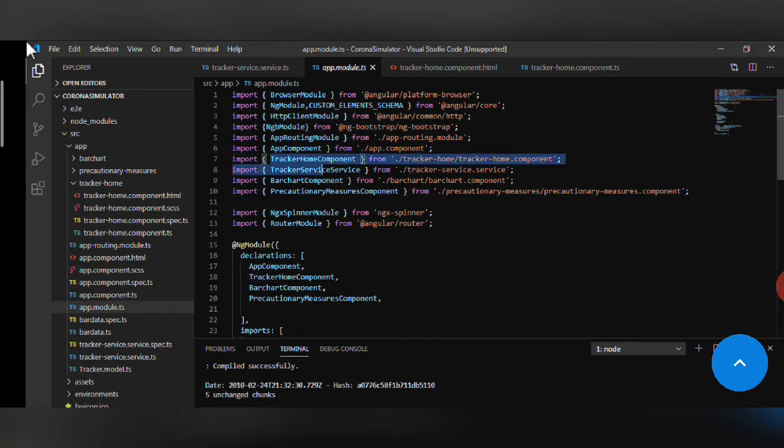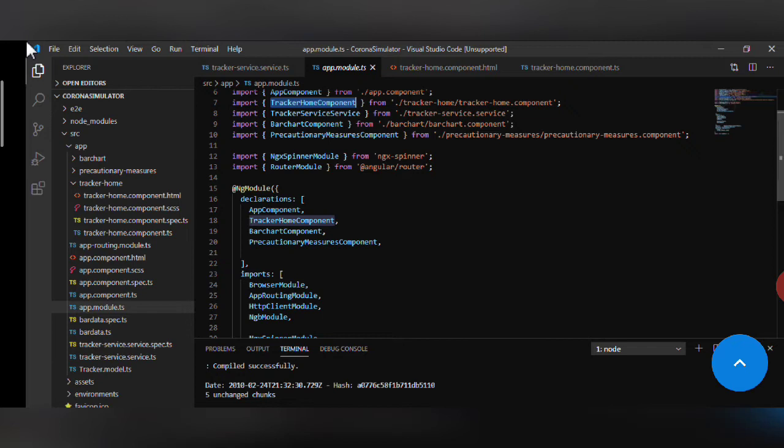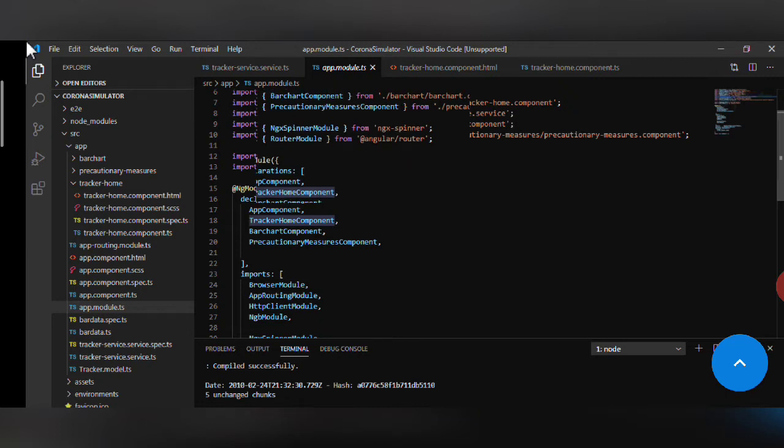And whatever component names you provide here, you have to add in this declaration part also. And for the import part, if you are using any built-in module provided by Angular, you have to add it in the import section.